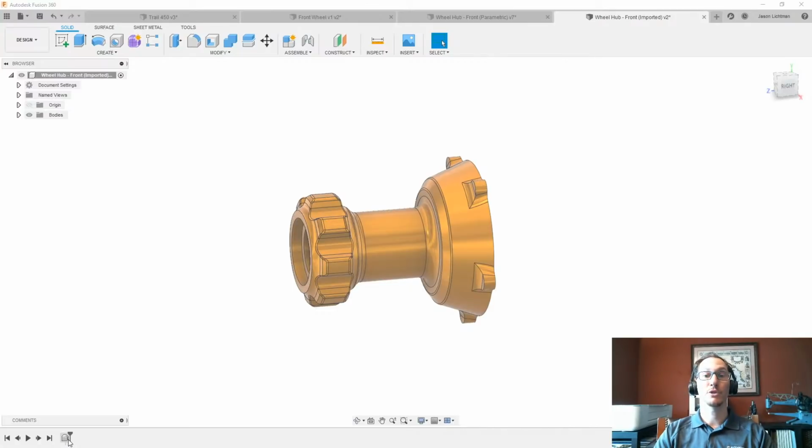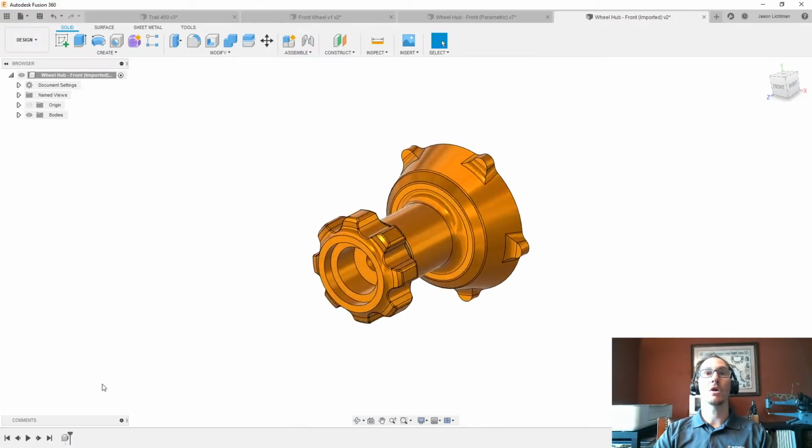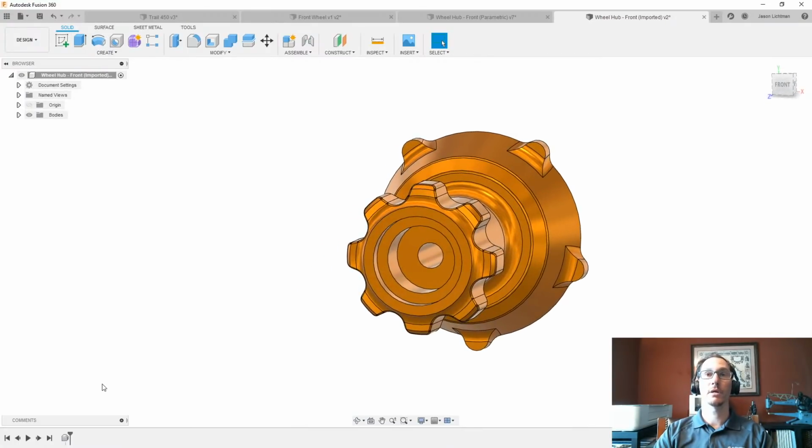And what that base feature really is, is kind of like a folder for objects that you want to put in it that don't have any history. And I can go into that folder and make changes if I want to, or go out of that folder and make history changes. So let's give us an example here. Right now I have the history turned on, and if I want to go and make, let's say, the hole or the shaft of this part bigger and be able to have the history, so it's editable, of that change,